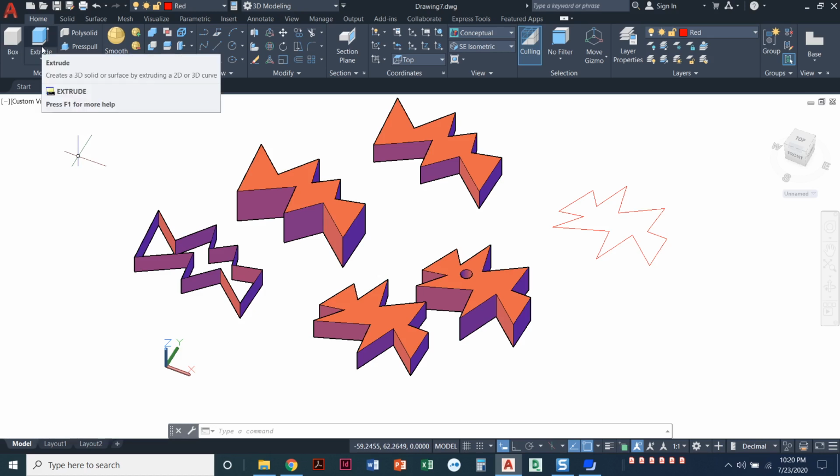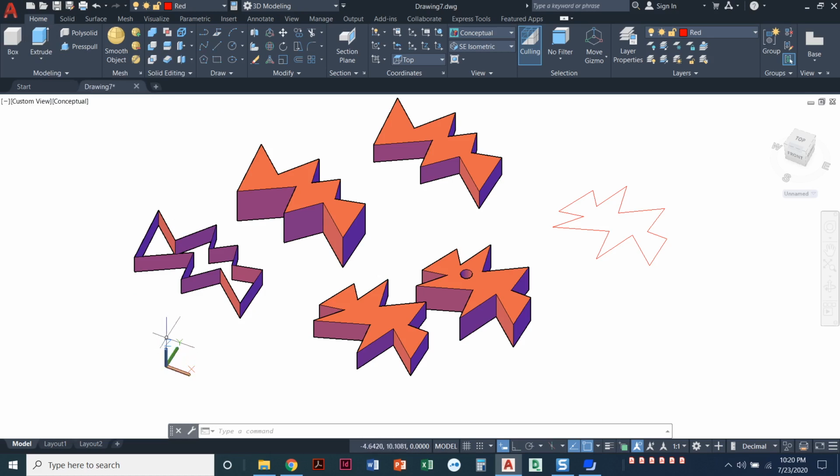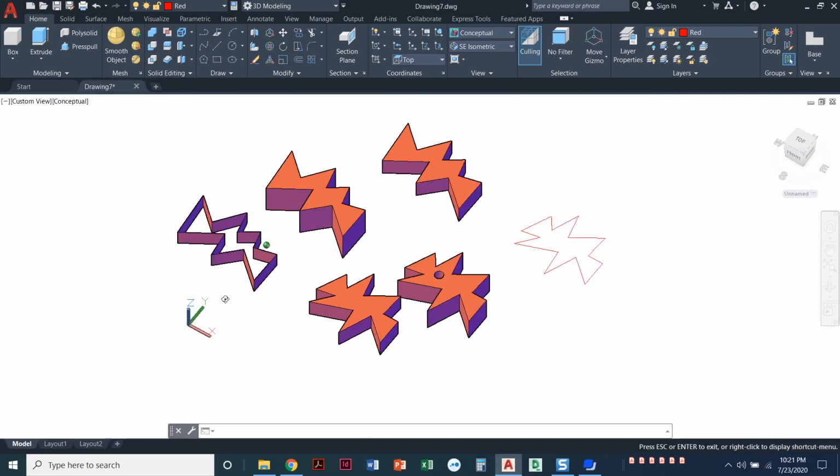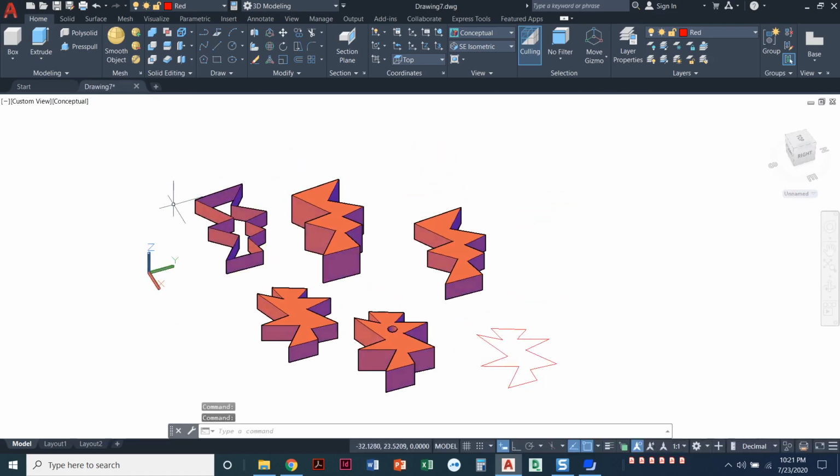One more really big important thing is the extrude command only extrudes up on the Z axis. So do you see how my Z is the one pointing here? Wherever my Z is, that's the direction that I'm going to extrude. So if I had an object that was rotated and is not on the XY plane, I will not be able to use the extrude command. I'll have to adjust my UCS so that the Z is the axis or the plane that's going to be going up to do that extrude.